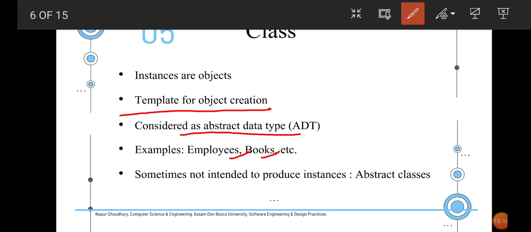For a class, when we do not intend to produce instances, we call them abstract classes. We will look at the abstract classes concept very soon. However, as of now we have to understand that we will work with objects, and we will create instances of those objects to form a particular class, which is basically a blueprint of that object, and we will use that class in order to determine various aspects related to the project.